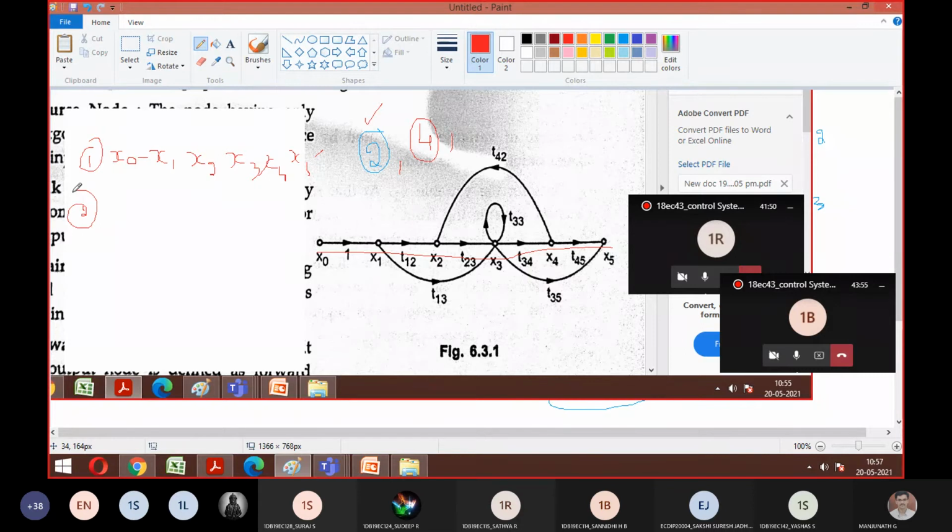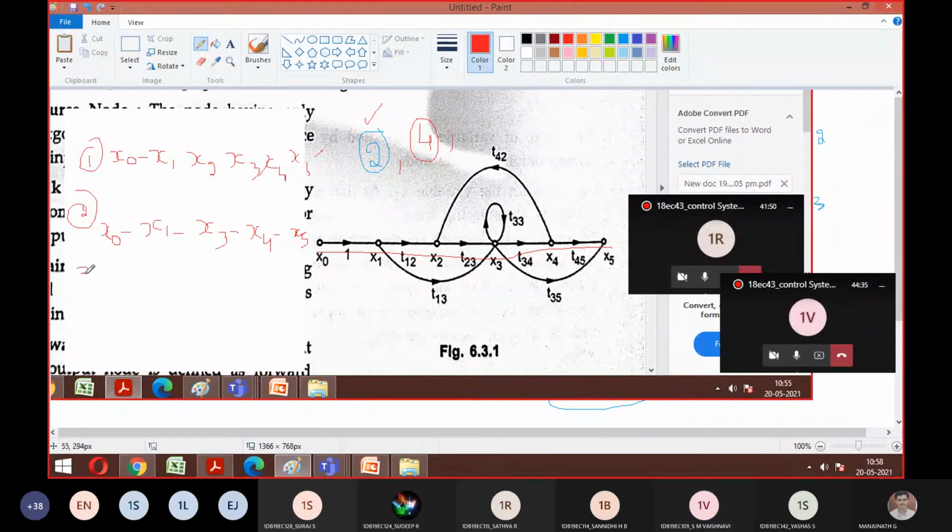Second forward path. Yeah, tell me, second forward path. So you told 2. One more is which one? X1 to X3, sir. You should consider X0 first. So it will go from X0. Input path you should not leave. X0, X1, then which one? X3. Okay, X3, X4, X5. Okay? So according to you, these are the 2 forward paths applicable. Yes, fine. So these 2 are correct.